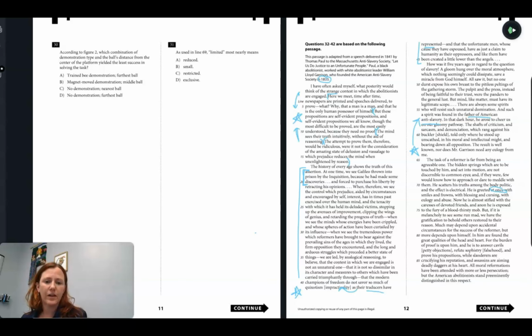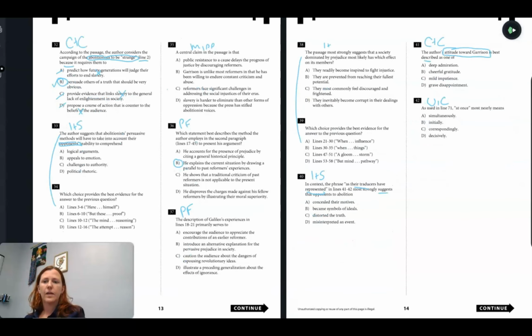So D is going to be our answer for our line of evidence. So D, we know, discusses the unenlightened, disillusioned aspect of the opponent. And so if they are unenlightened, they don't know anything. There's no discussion of political rhetoric. There's no discussion of authority. They're just disillusioned and unenlightened. When we get between logic and emotion, unenlightened and disillusioned tend to go more towards knowledge. So this is going to be logical arguments.